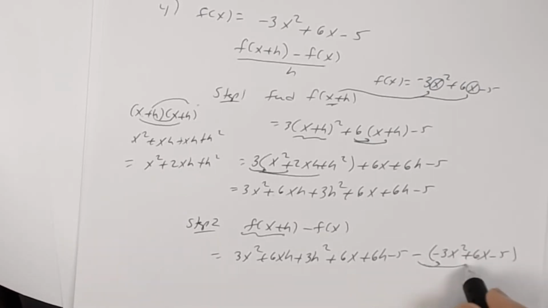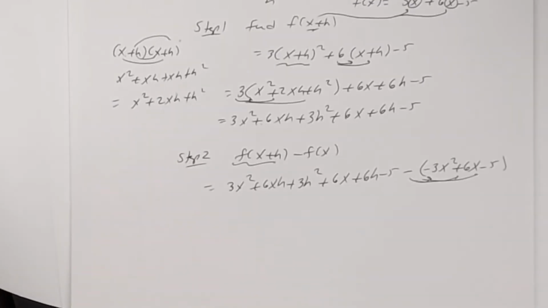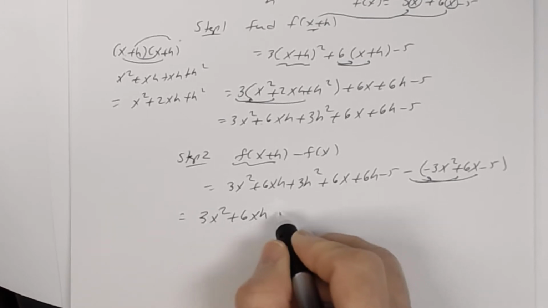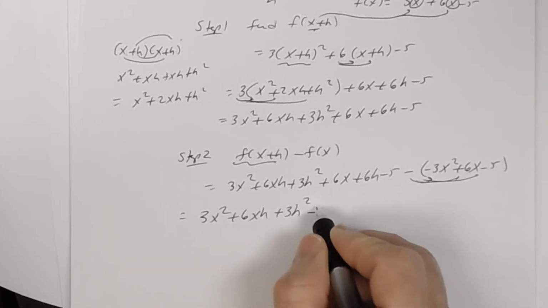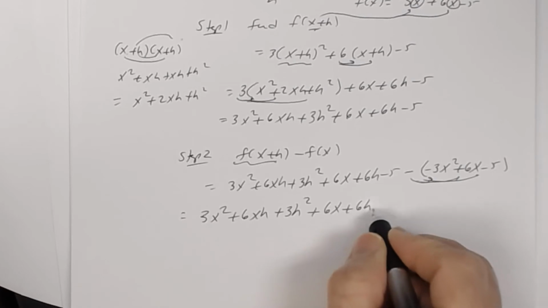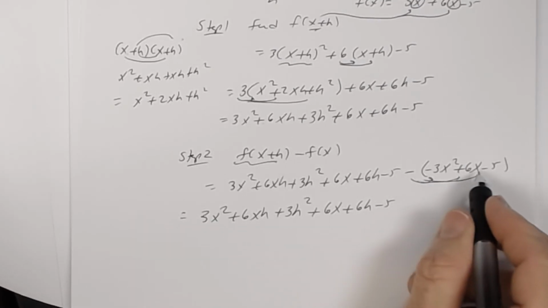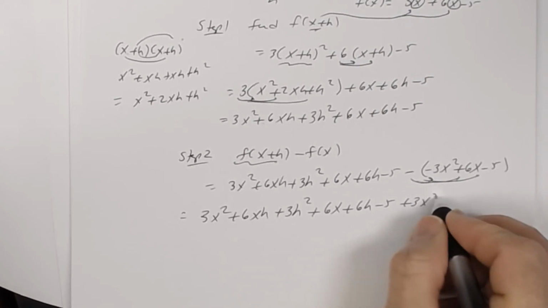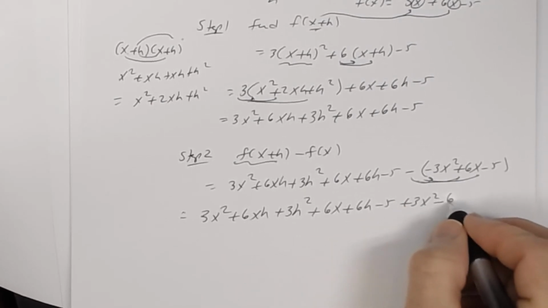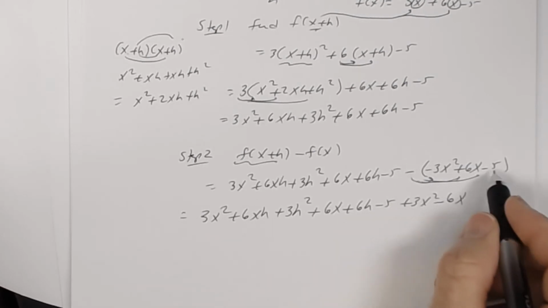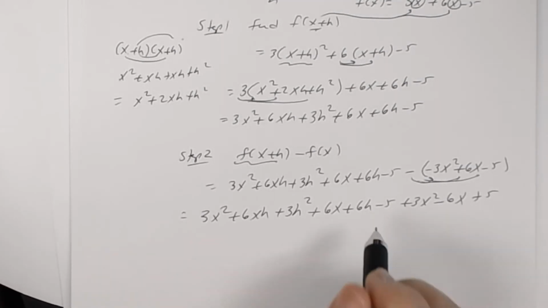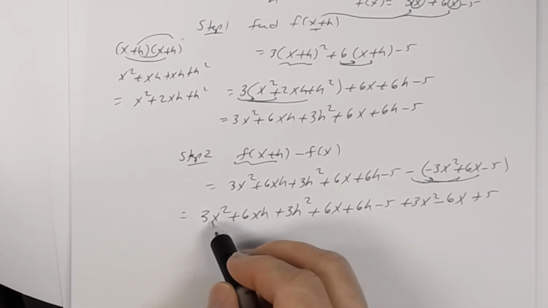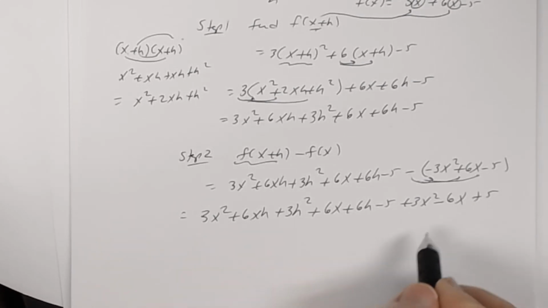Now let's go ahead and get rid of the parentheses. And so we get 3x squared plus 6xh plus 3h squared plus 6x plus 6h minus 5. And then we're taking the opposite of all these terms. So the opposite of negative 3x squared becomes a positive 3x squared. The opposite of a positive 6x becomes a negative 6x. The opposite of a negative 5 becomes a positive 5. Now it is at step 2, remember, where every term that does not have a factor of h, its opposite better be around so you can